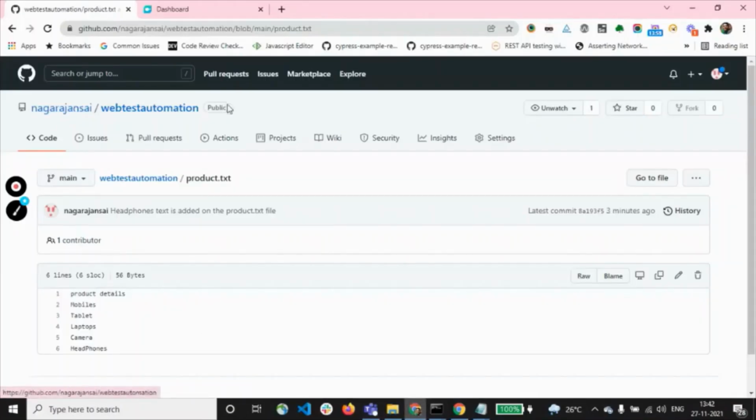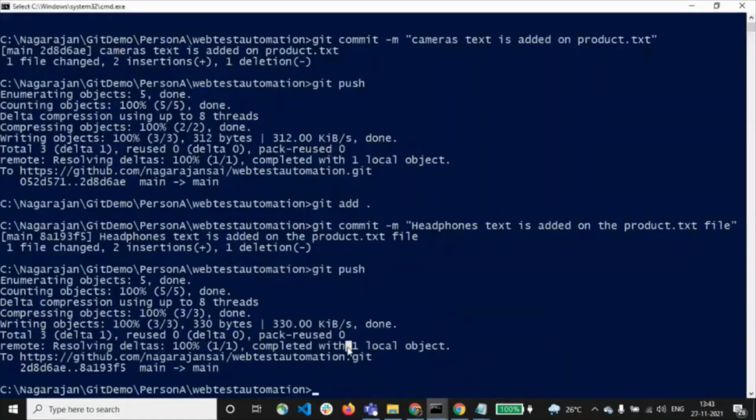Now, if you could see here, everything is available here. Power bank and headphones, right? Everything is available. So we have learned about merge conflict, one of the most important concepts, and we've learned how to resolve the merge conflict as well. Let's move on to the git amend command. Let me create the command prompt.